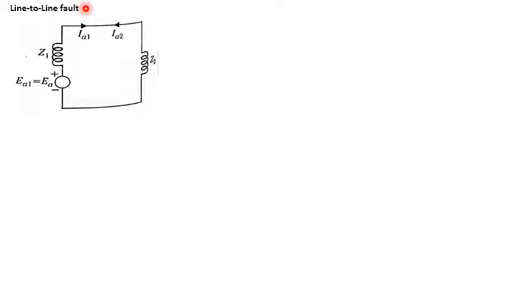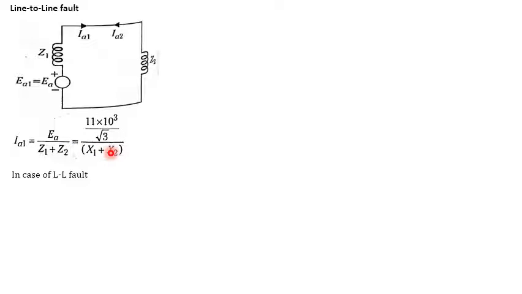Okay, for the line to line fault, what is the expression for the interconnection of the sequence network diagram? These two are connected in parallel, this is the positive and this is the negative. The current flowing in the positive is the same as in the negative impedance. So we can write IA1 is equal to EA divided by total impedance. What is EA? We already know that it is 11 kV, and the root 3 is for converting the three phase to a single phase system. Z1 and Z2 are considered as X1 and X2.